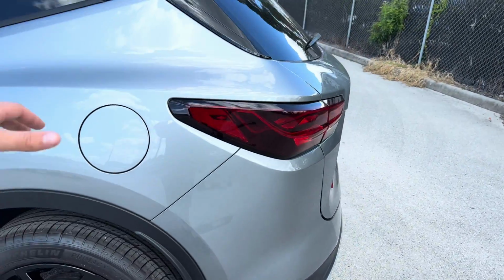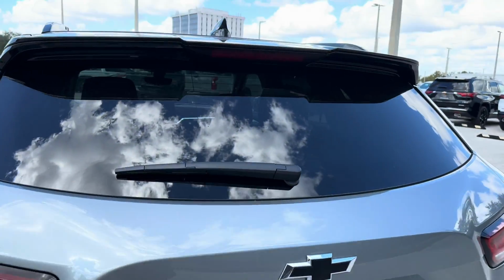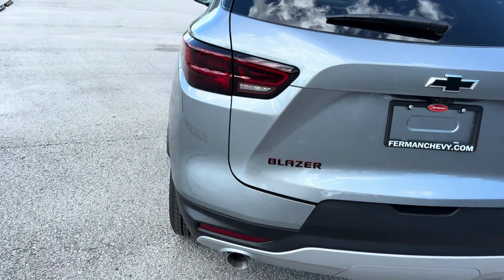Out rear, we get more black trim for the rear end of the pillar area. The wiper is not integrated with the spoiler. I kind of wish it was, but it still looks really sharp out rear with the LED taillights, black and